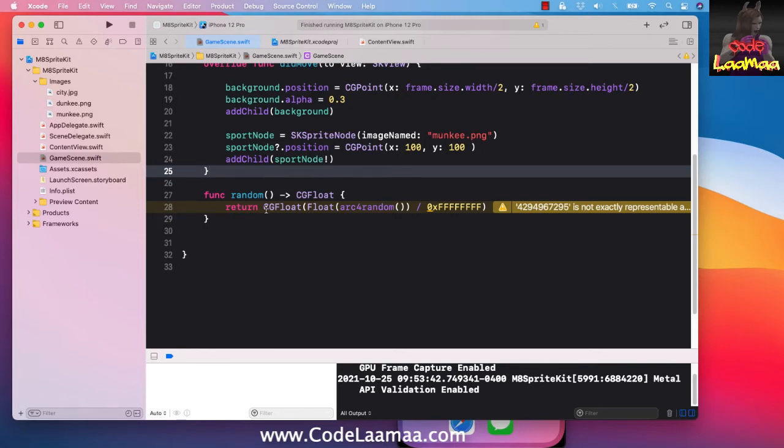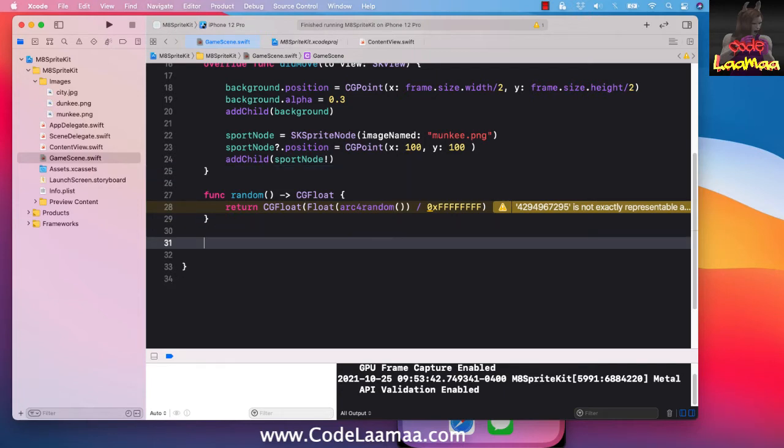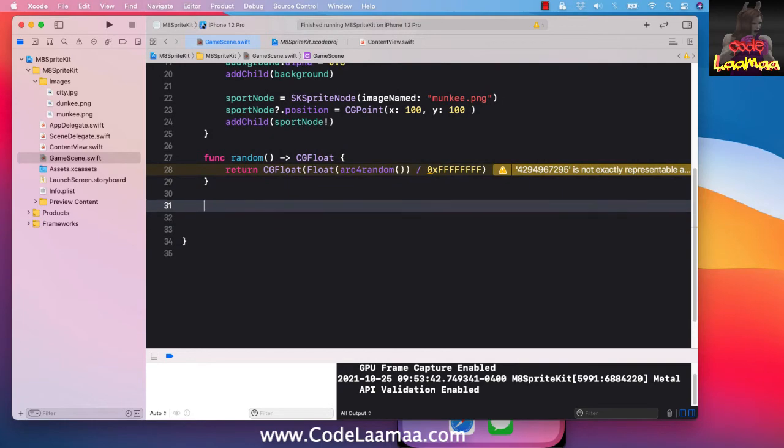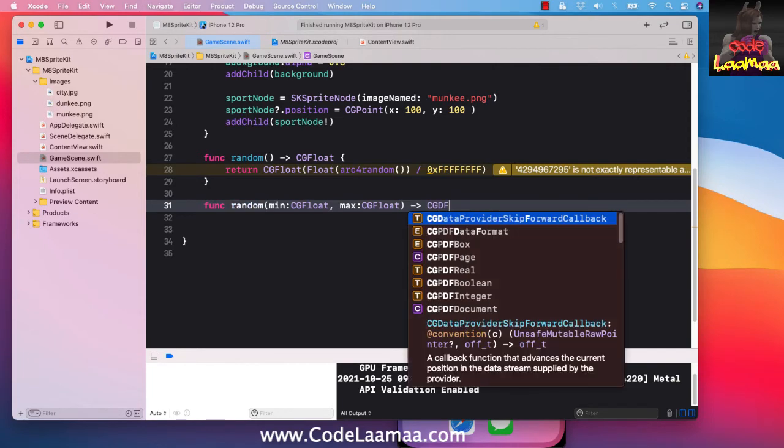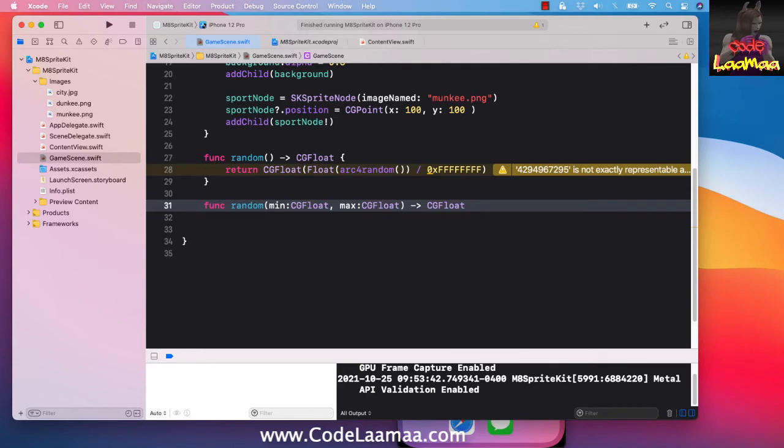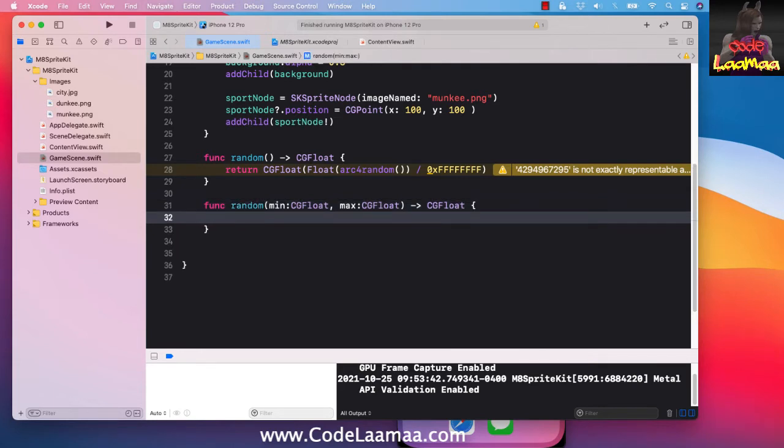All right. Now what we're going to do is we're going to take this method and we're going to scale. We're going to create a new method that'll allow it to scale between a minimum and maximum value of our choosing. So I'm going to create a second method called func random. This time I'm going to pass in a min. It'll be of type CGFloat and have a max of type CGFloat. It's going to return a CGFloat. All right, and it'll return